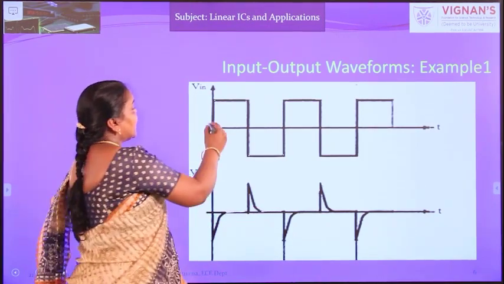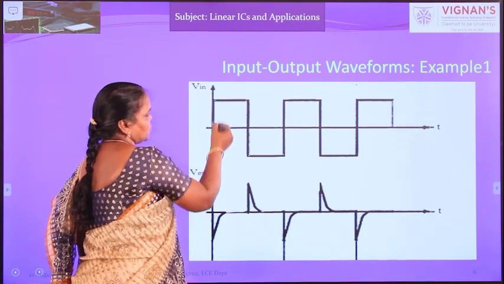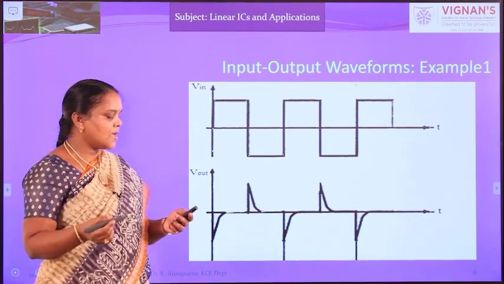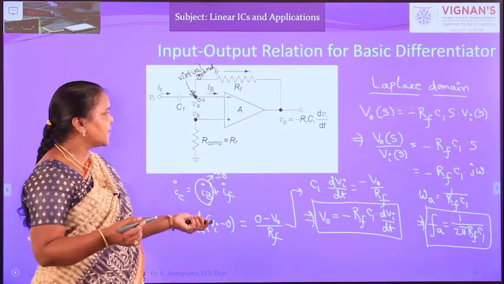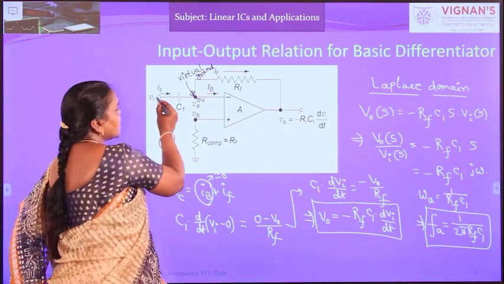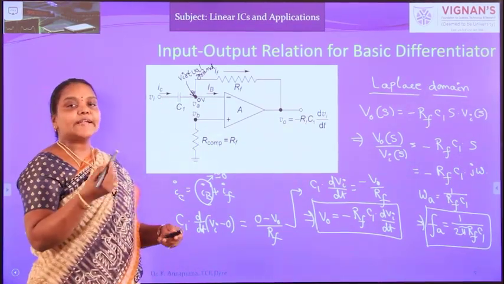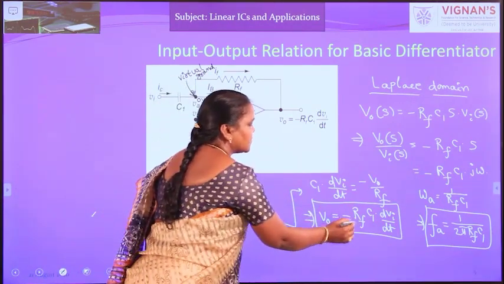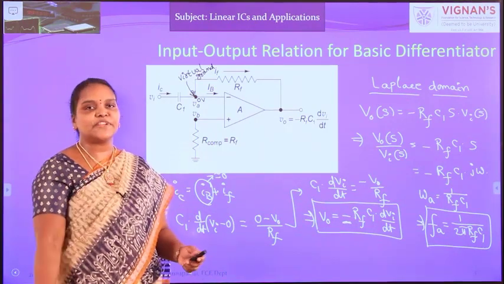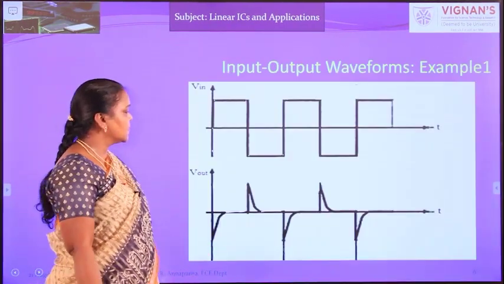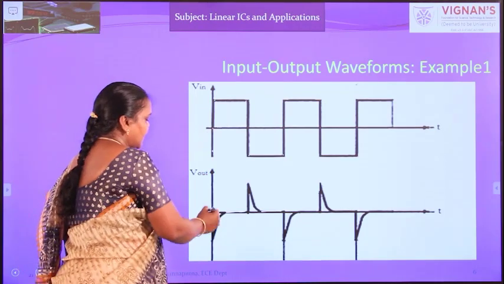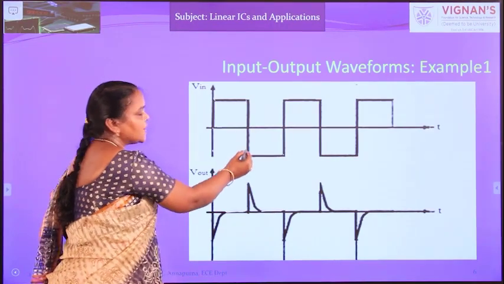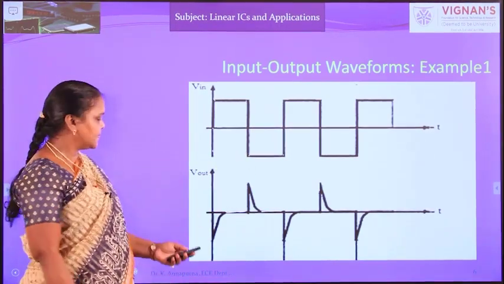Okay. Next, when the input is changing from 0 to positive or some negative to positive, actually it should give a positive spike. But if you observe the circuit diagram, the input is given to the inverting pin. So we will get the opposite. That's why the expression also has a minus sign. So the minus sign indicates a 180 degree phase shift. That's why instead of a positive spike, for a positive-going signal we get a negative spike, and for a negative-going signal we get a positive spike.